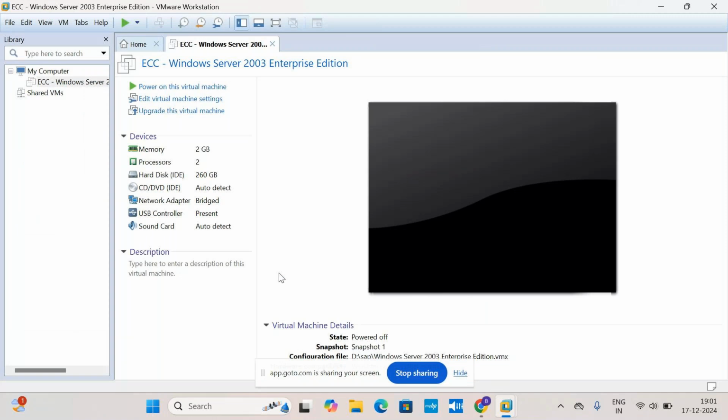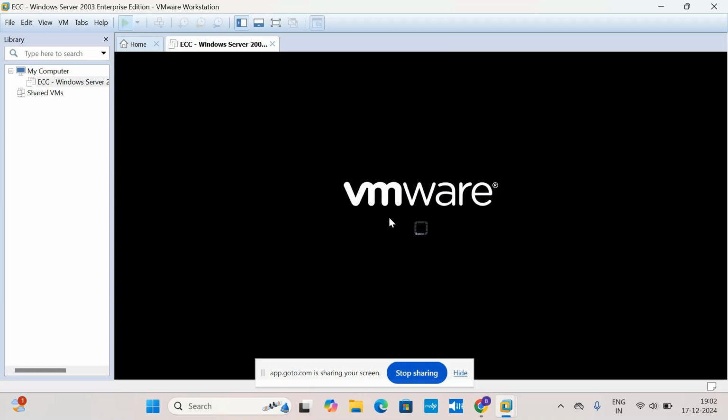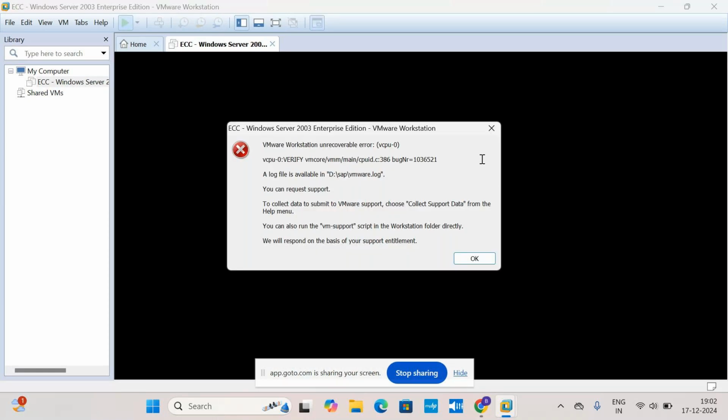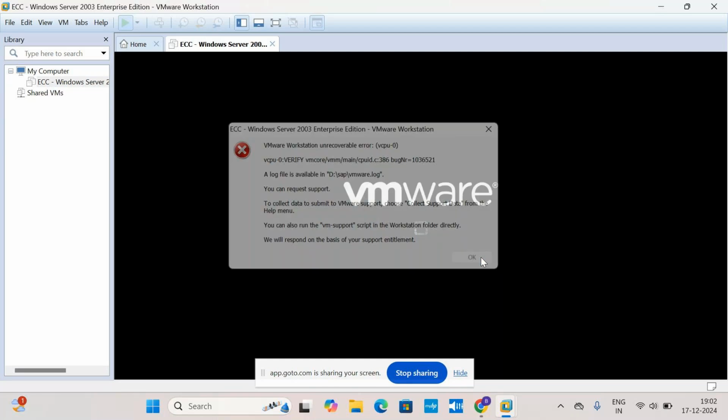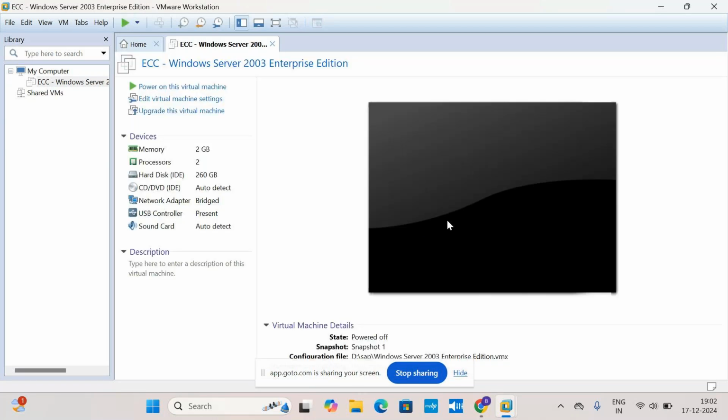So it is showing like that. Yes, ma'am. So it is difficult to solve. Power on is not working. Also click there, because that screen before it was showing SAP logon. It is a technical error only. It is difficult to solve. You have to check with the admin only.